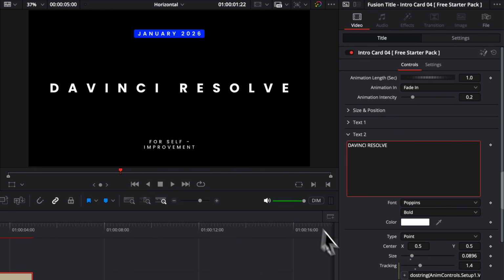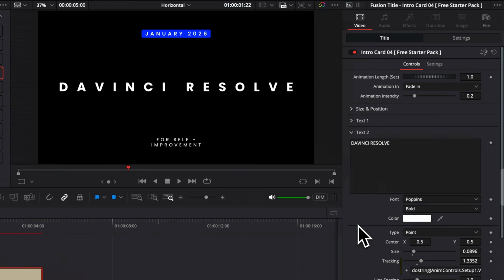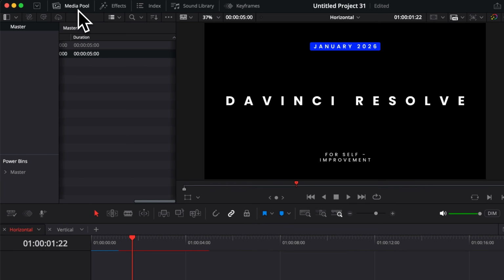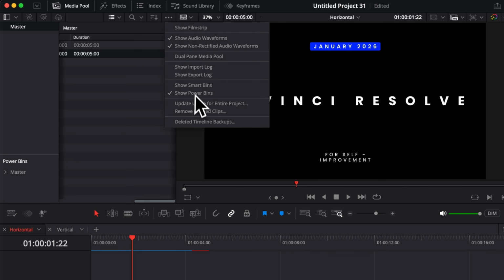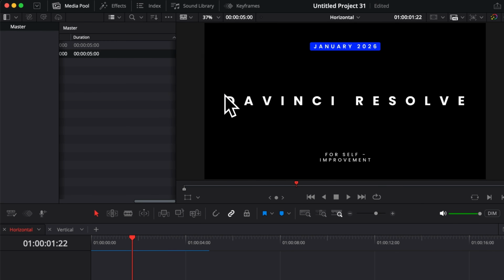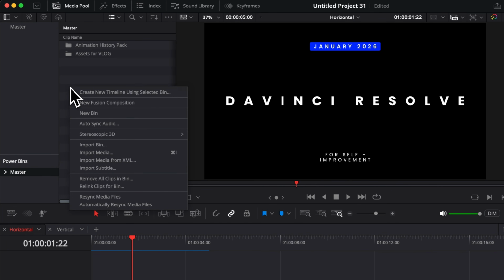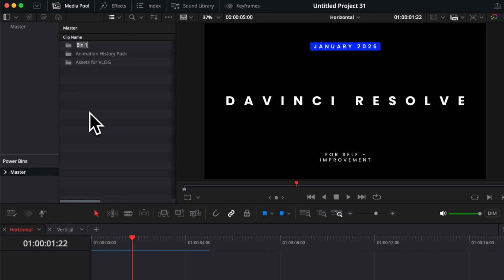Well, what we're gonna do is we're gonna use the power bins. We're gonna go over to media pool, and then here, if you don't already have your power bins, just go and right click here and select show power bins. That will just show your power bins right at the bottom of the media pool, and basically then you can create whatever folder you want. So let's create a new bin, and we're gonna say asset number 1,